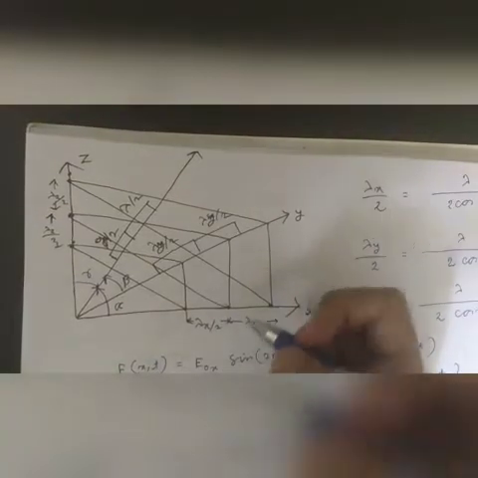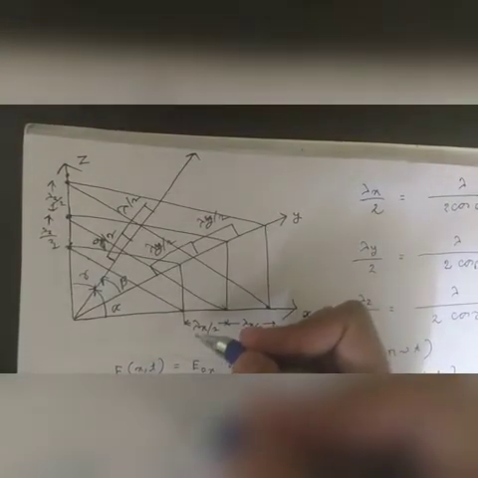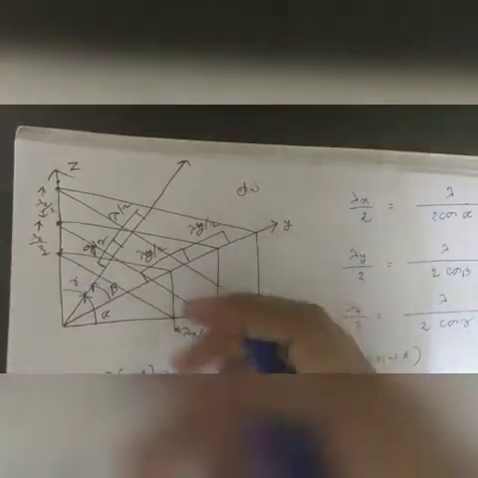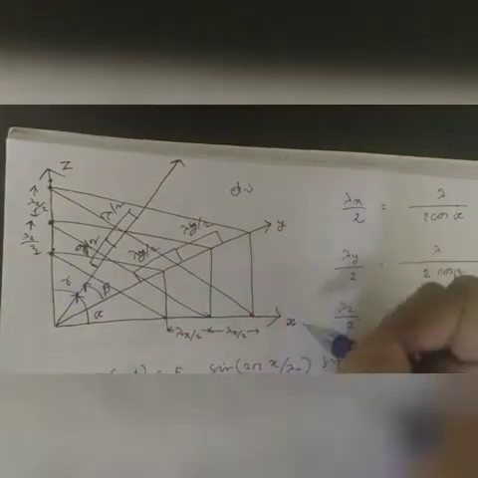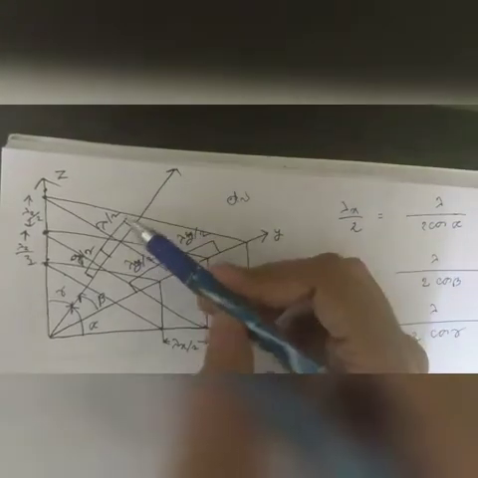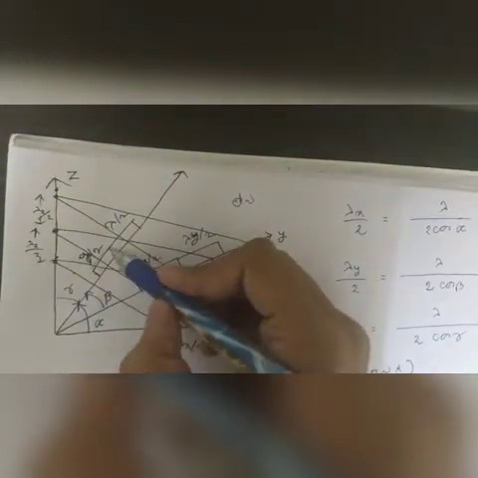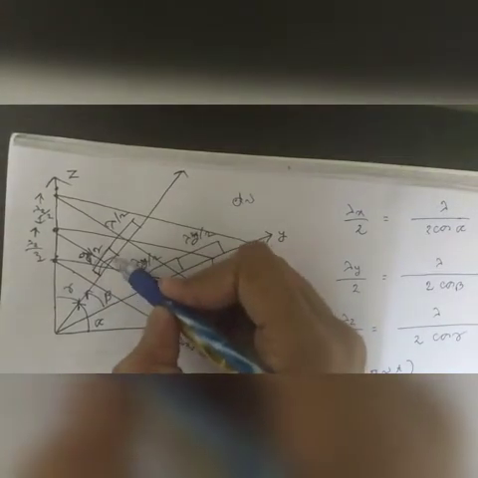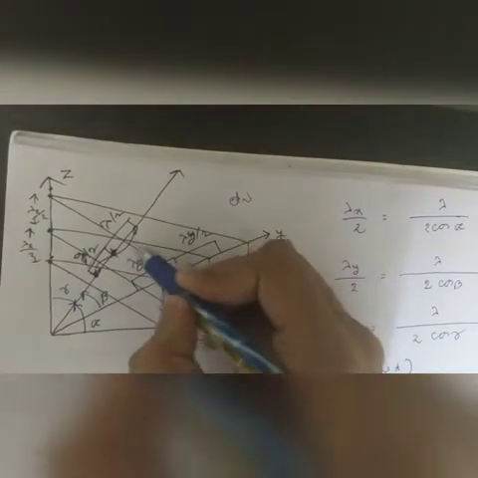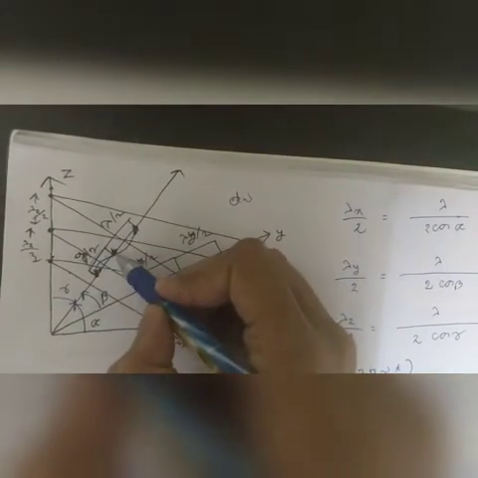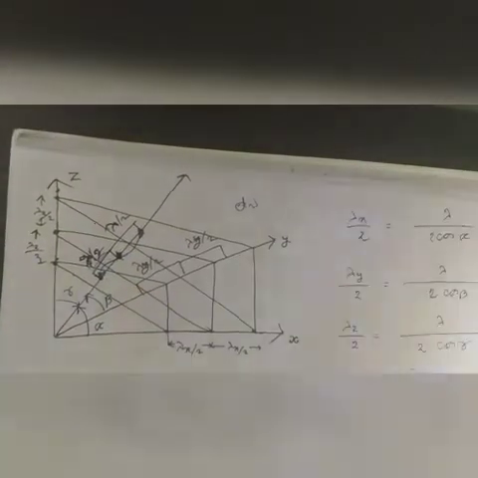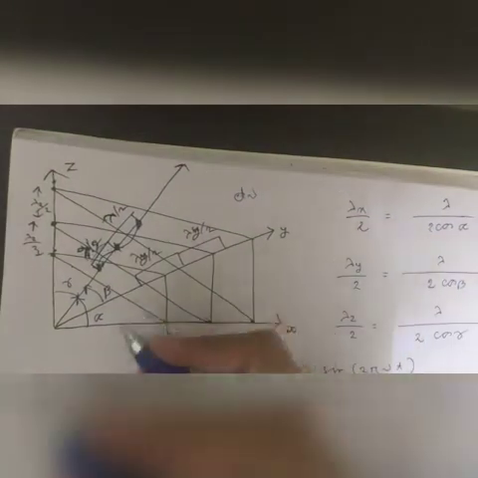Deriving the number of allowed electromagnetic waves in the frequency interval of d nu, we have drawn this diagram. This is the y-axis, x-axis and z-axis, and in this direction the electromagnetic wave is propagating. This is a full wave shown here, and there are two nodes in the whole wave, and we have divided it into lambda by 2,